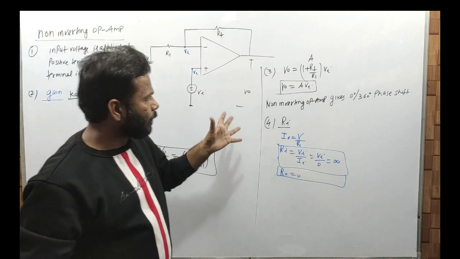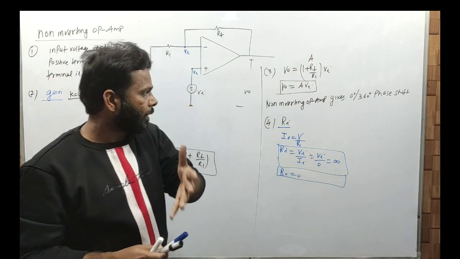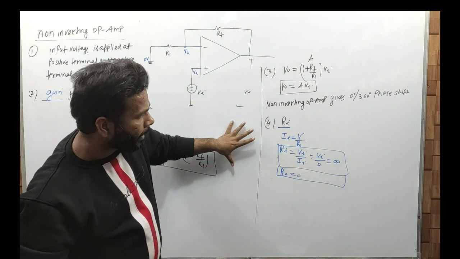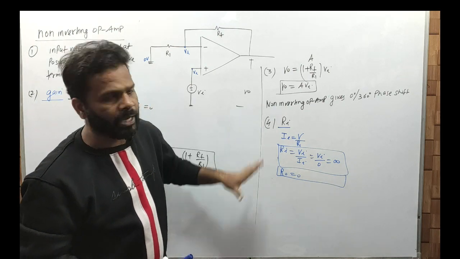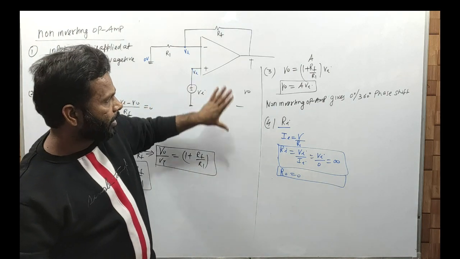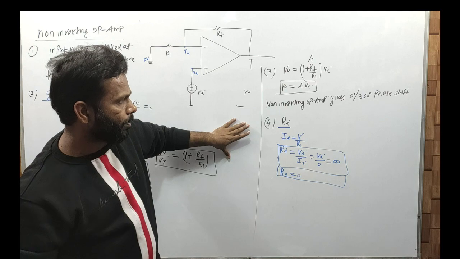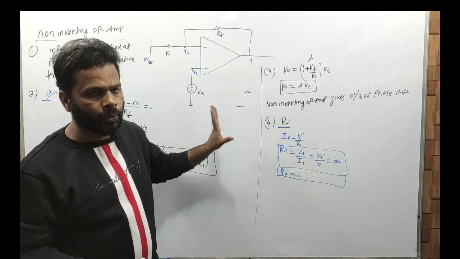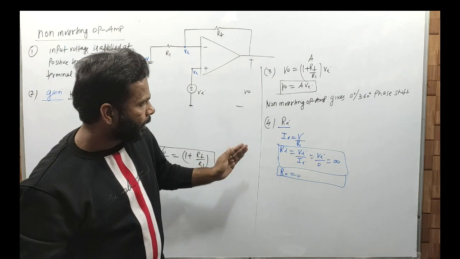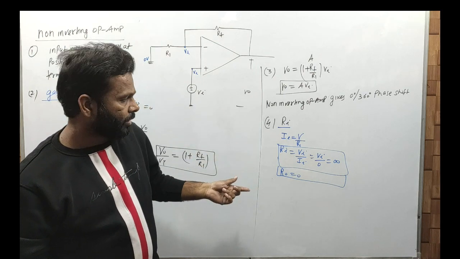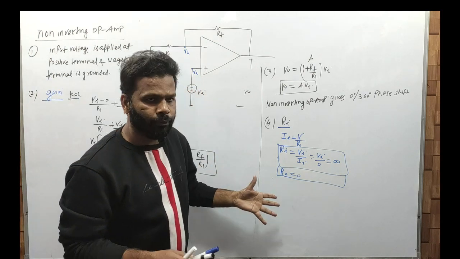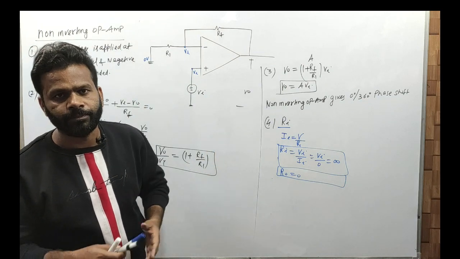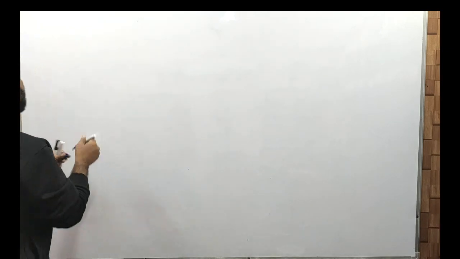अब इनपुट रेजिस्टेंस पता है, आउटपुट रेजिस्टेंस पता है, गेन पता है मेरे को, तो अब हम लोग क्या करते हैं, इसका इक्विवेलेंट सर्किट ड्रॉ करते हैं और इसमें किस टाइप की फीडबैक होती है वो लिखते हैं और इसका एप्लीकेशन पार्ट देख लेते हैं, जिससे कि हमारा जो नॉन इन्वर्टिंग ऑप एम्प है, जैसा कि हमने इन्वर्टिंग ऑप एम्प पढ़ा है, उसी के सिमिलर पॉइंट्स हो जाए। तो लेते हैं 5th पॉइंट से इक्विवेलेंट सर्किट एंड टाइप्स ऑफ फीडबैक एंड एप्लीकेशन।